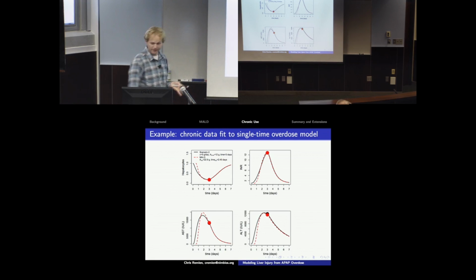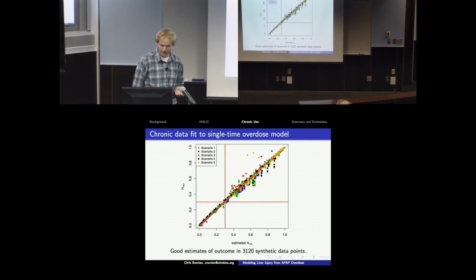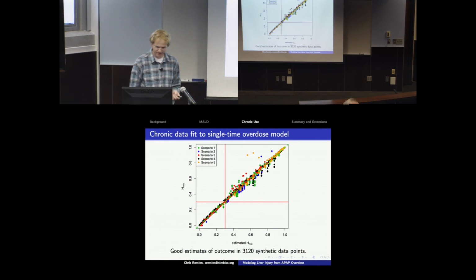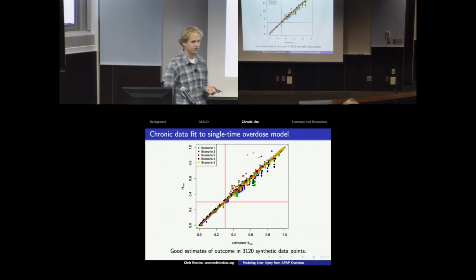So the fit's really good for this patient. If we do that for all of our synthetic data points, so if I told you we made synthetic data points from a wide range of parameters, made 3,100 synthetic data points, and then fit them to the model, the estimated minimum hepatocyte level matches the actual minimum hepatocyte level really well for all 5 scenarios for almost all the